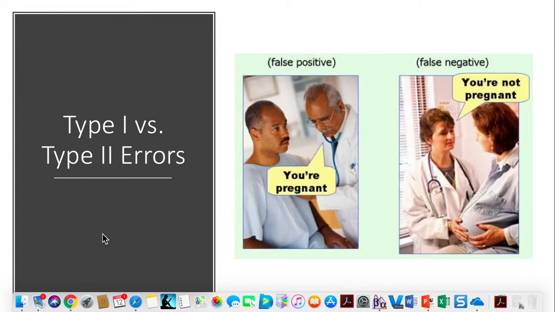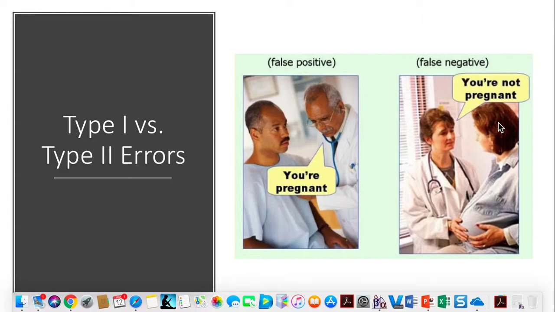All right, what's the difference between a type 1 and a type 2 error? So here, I think these are some interesting examples to kind of reinforce it. You can think of a type 1 error as telling this man, hey, you're pregnant, which would be really bad. And then a type 2 error is an example of saying, hey, you're not pregnant, she is. So a type 2 error occurs when you